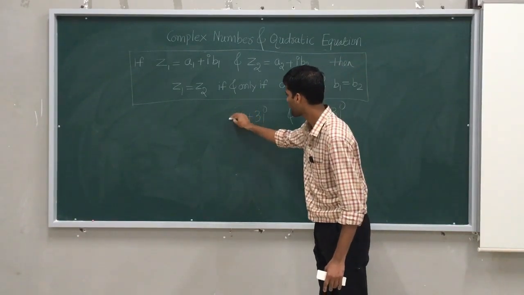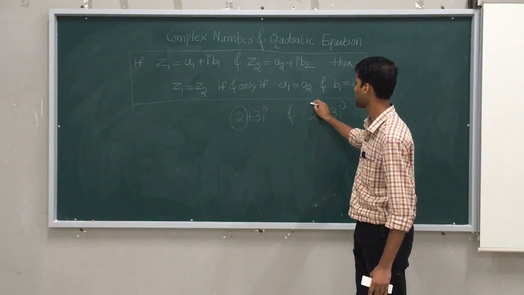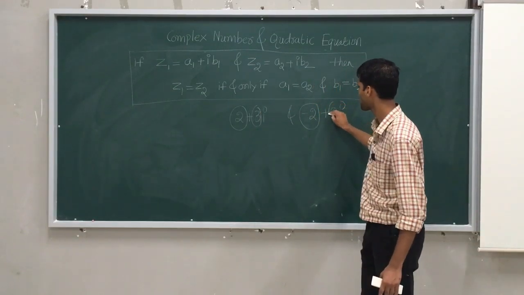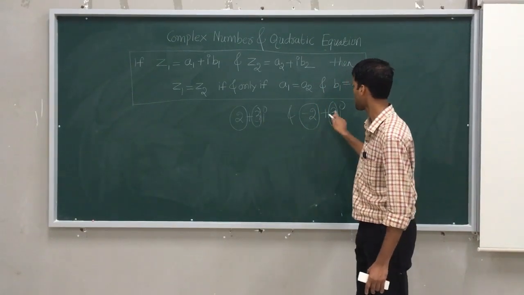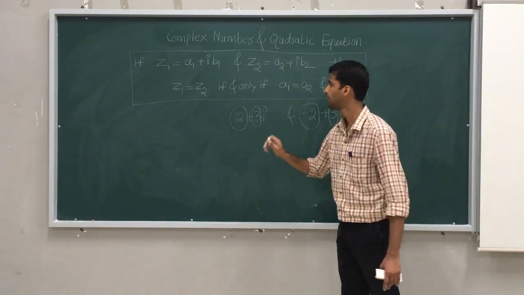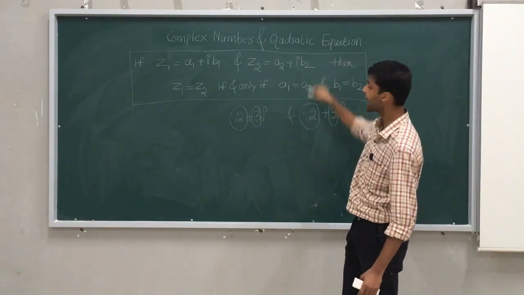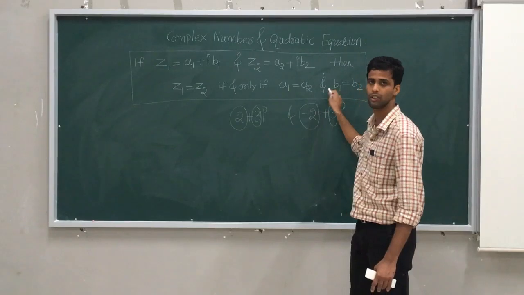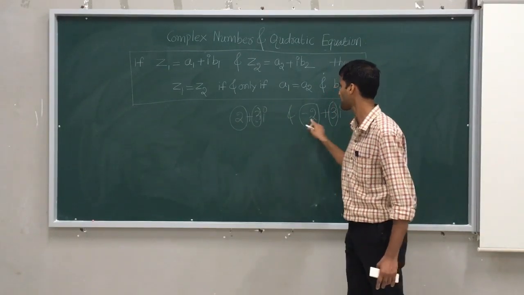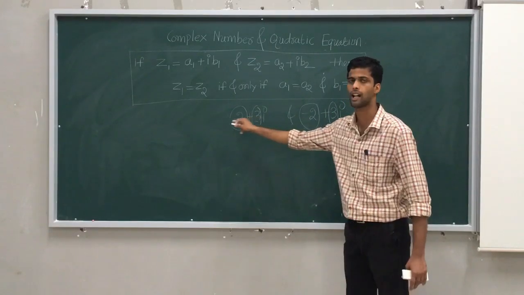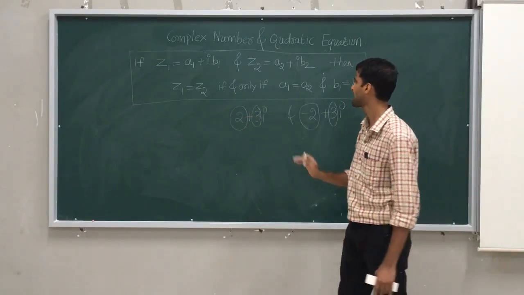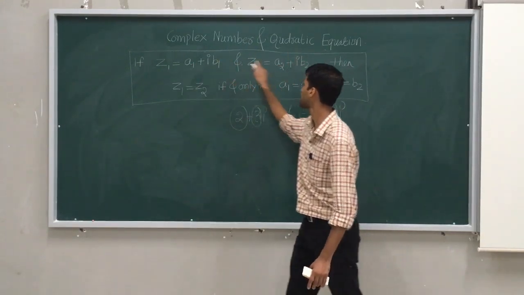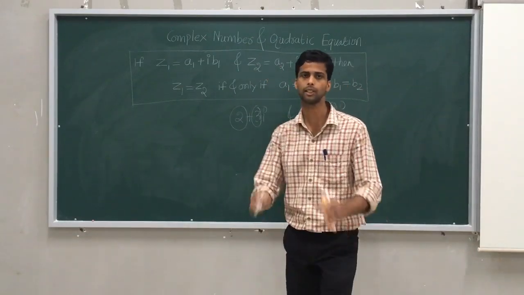Why? The real part of the first complex number is 2. The real part of the second complex number is minus 2. The imaginary part of the first complex number is 3. The imaginary part of the second complex number is also 3. Here the imaginary parts are the same. But what about the real part? They are not the same. What I told, if and only if a1 equal to a2 and, if I had told 'or', then it is equal. But I told here a1 equal to a2 and b1 equal to b2. Here 3 equal to 3, but 2 is never equal to minus 2. With this I can say these two complex numbers are never equal. So when are they equal? When their corresponding real parts, real to real, are the same as imaginary to imaginary. That means a1 equal to a2 and b1 equal to b2. That thing you should keep in mind.